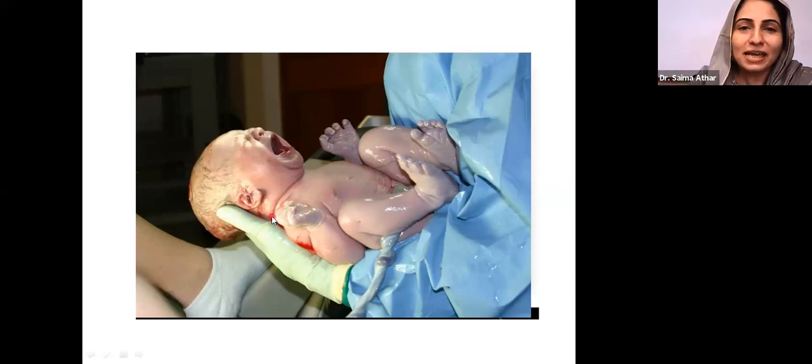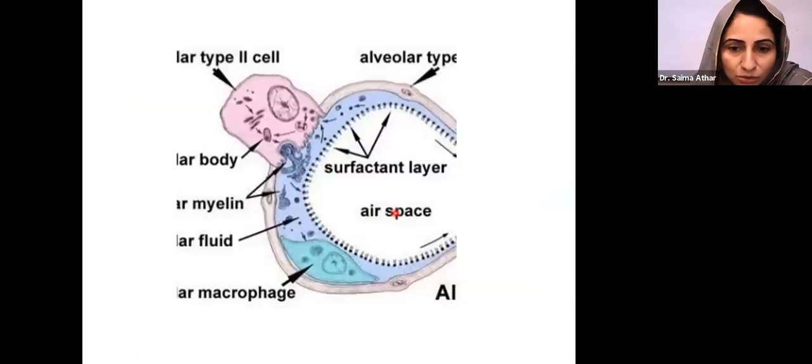So as soon as the baby cries and there is air going inside, the fluid from this area will be absorbed into the capillaries, and this area will be filled up with air. And ultimately gas exchange will start. Otherwise, during intrauterine life,